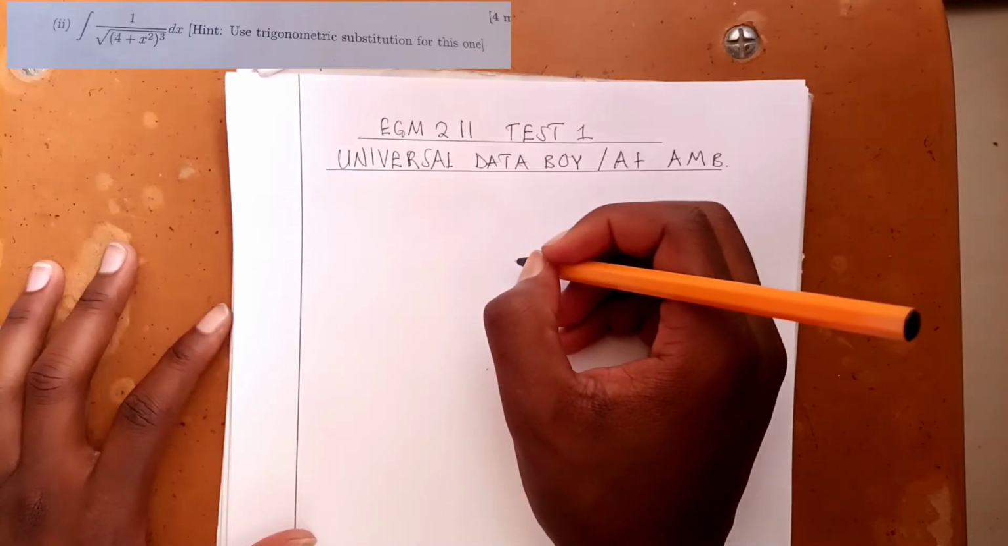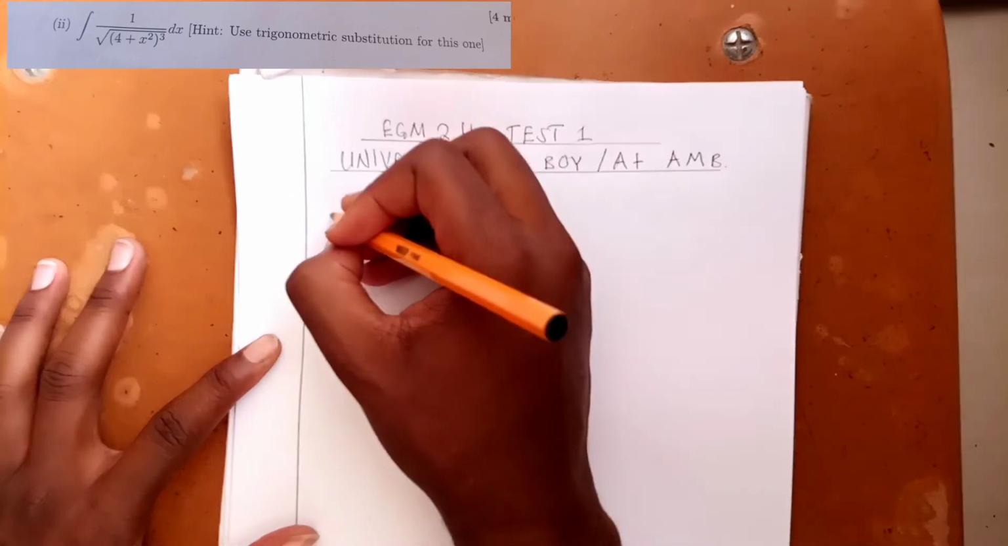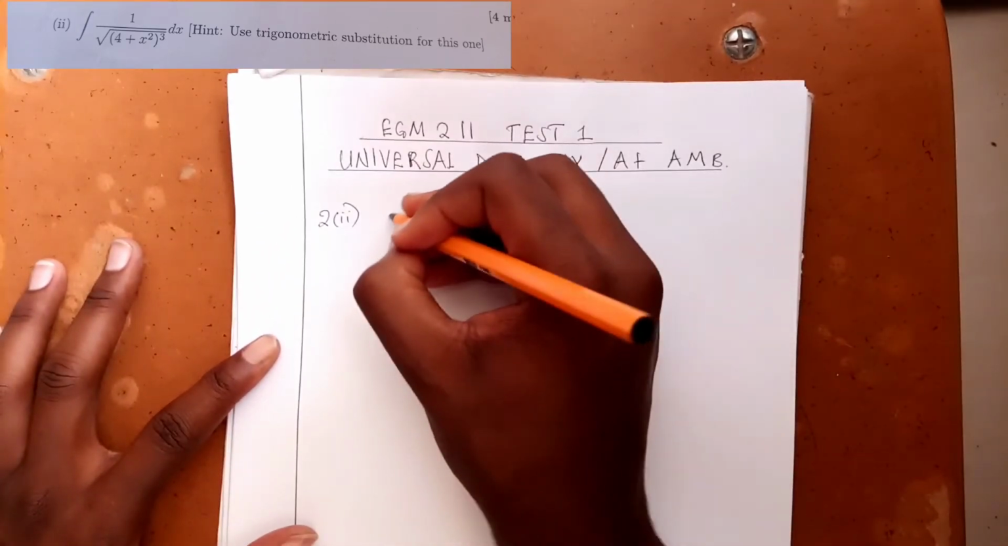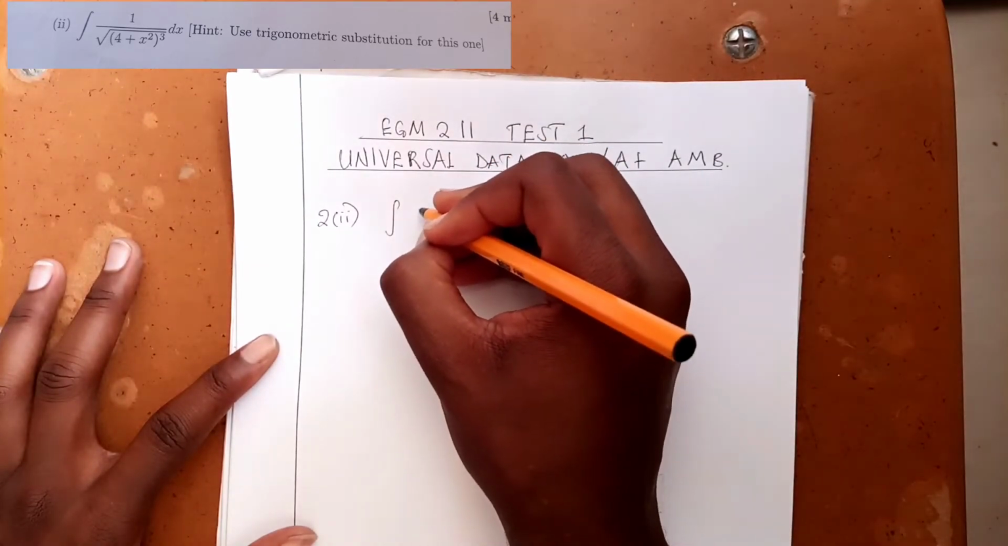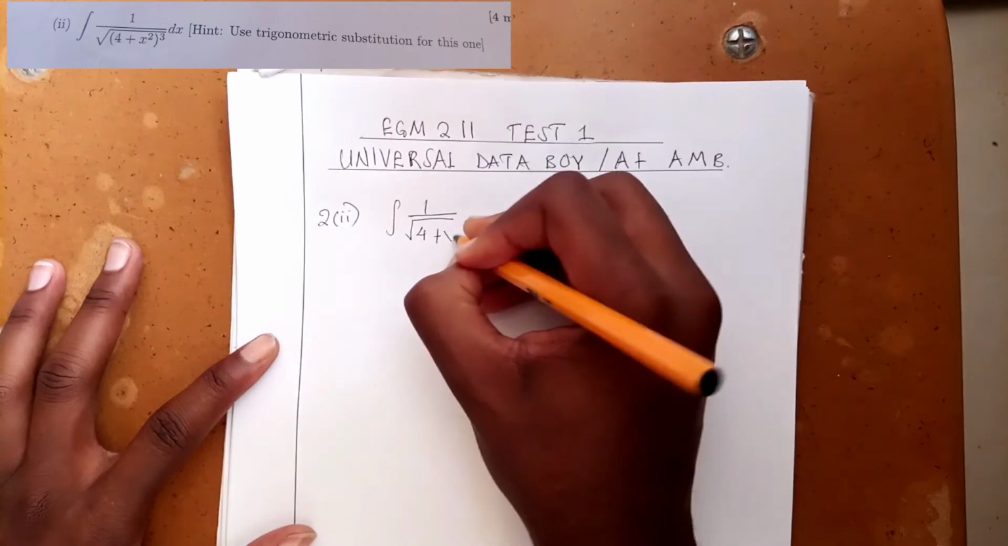Good afternoon, engineers. We are going to continue going over the test solutions. So we are on question 2, Roman numeral 2, which says evaluate the integral of 1 over the square root of 4 plus x squared